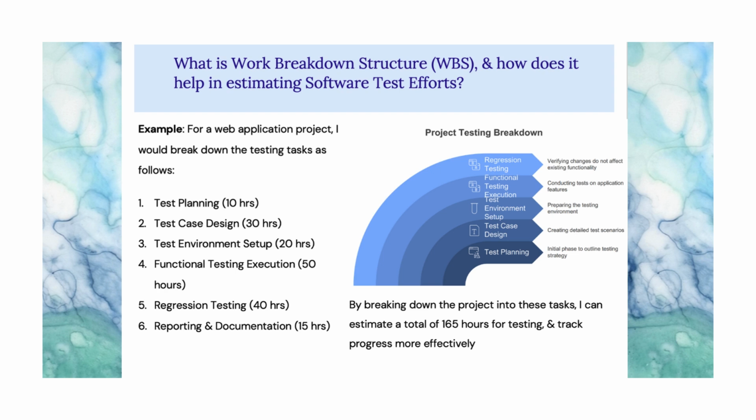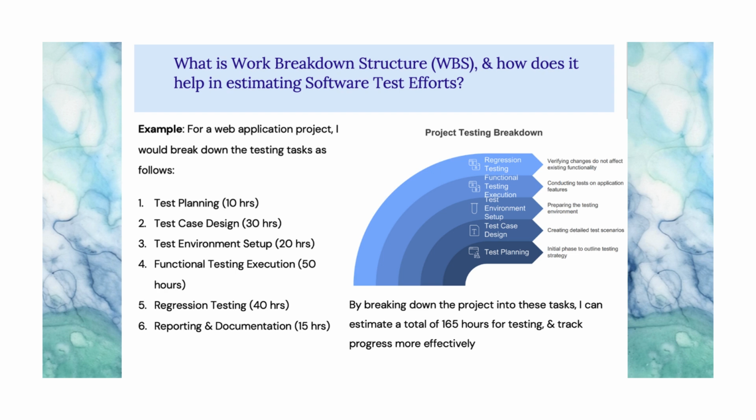5. Regression testing, 40 hours. 6. Reporting and documentation, 15 hours. By breaking down the project into these tasks, we can estimate a total of 165 hours for testing, and track